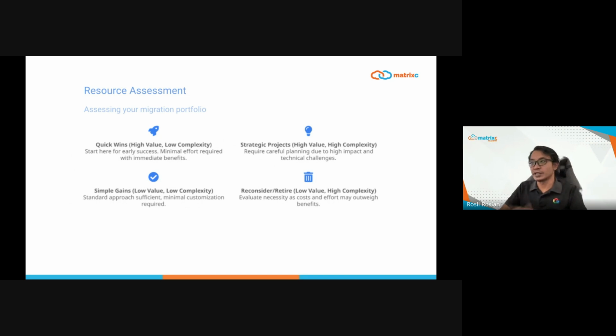Okay, resource assessment, assessing your migration portfolio. Once you understand the migration approaches, the next step is to assess your application portfolio to determine which approach works best for each application. We typically categorize applications into 4 quadrants based on business value and technical complexity. In the top left, we have